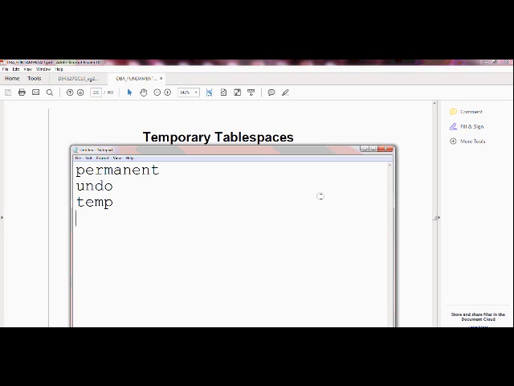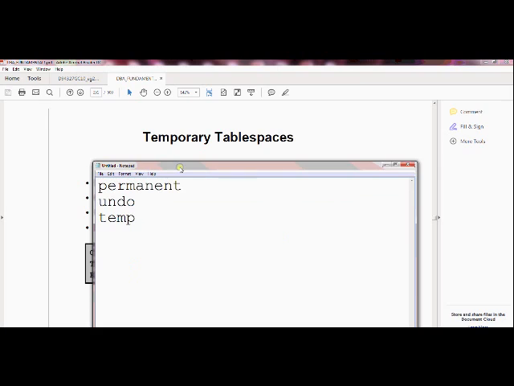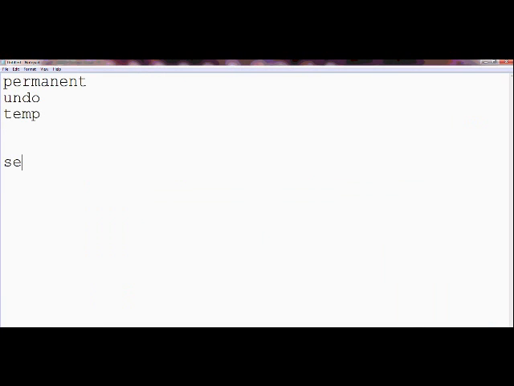So, yeah, go ahead. Now make a practice of creating these three types of table space in your database, and how to query that. Do select name from v$tablespace.